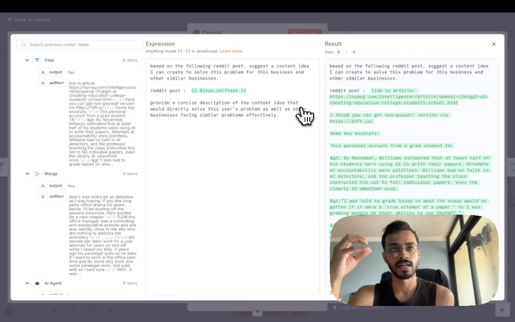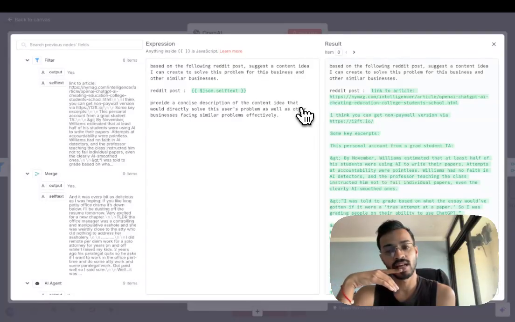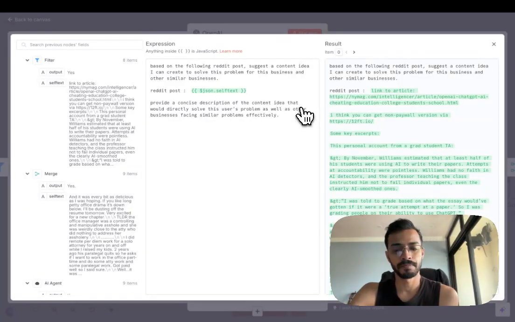So imagine that there's a person who's talking about, I don't know, how do I use AI in my daily workflows as a lawyer? And you see that, then it will generate a content idea, which will preferably be something like write a playbook or write a guide on how to use AI in your daily life as a lawyer, across lead gen, across drafting contracts, across doing contract review, and a whole bunch of stuff, right? So that is what